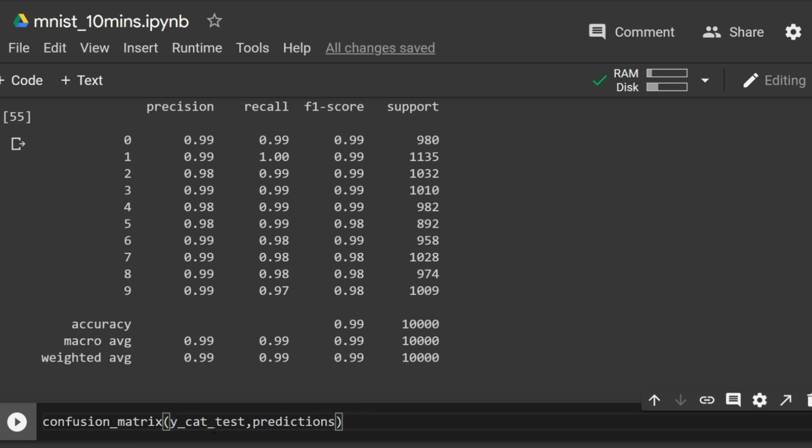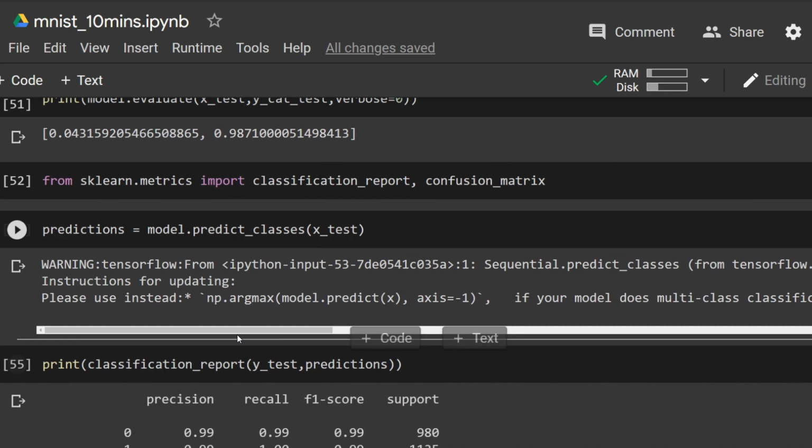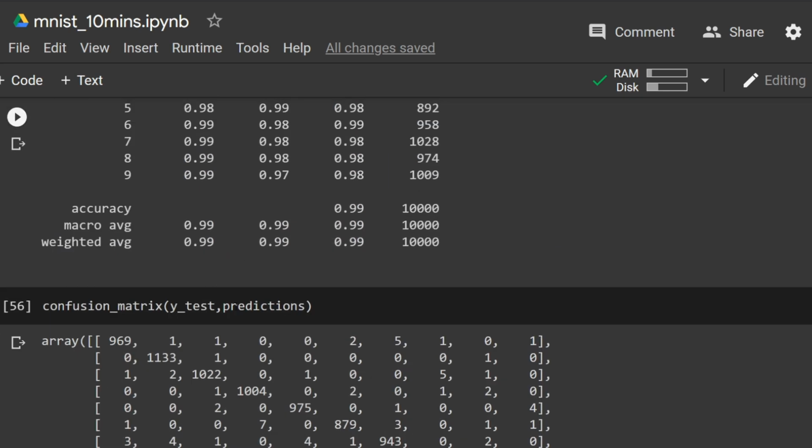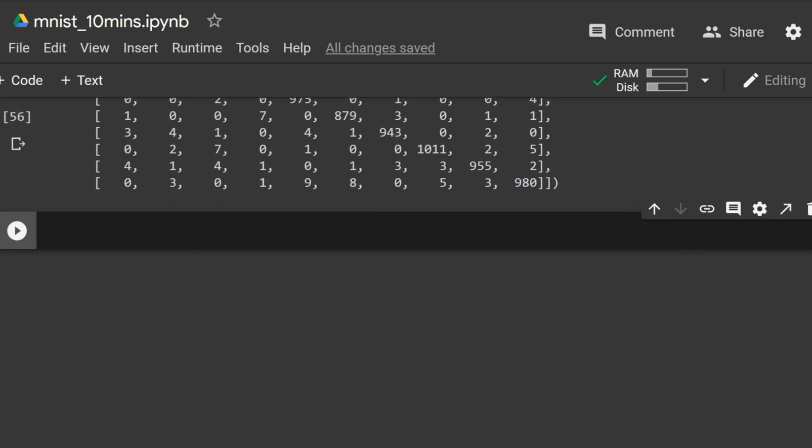Yeah, then it will be fine. Let's just check y test. Okay, saying this won't really help us. We have to do a heat map, but let's go ahead and finish this with